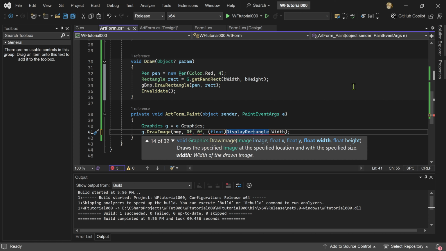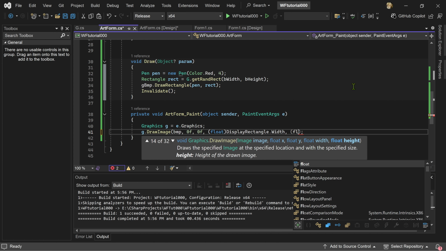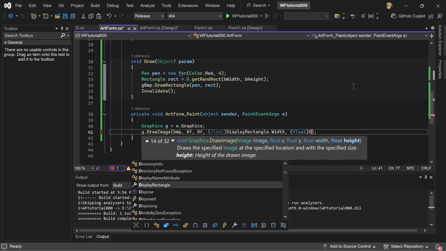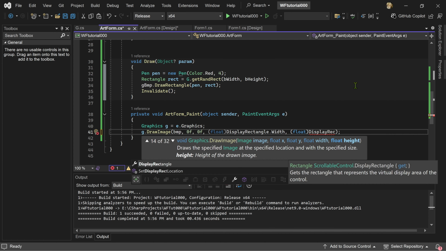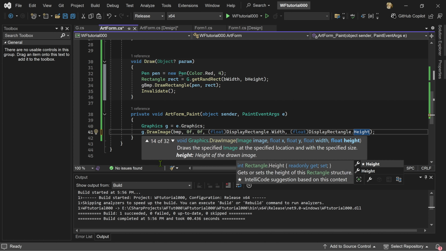Not sure I need that, but I know it'll work. Or I hope it'll work. Comma. And also again, float display rectangle dot height. What this will do is it should scale everything so that the bitmap image,